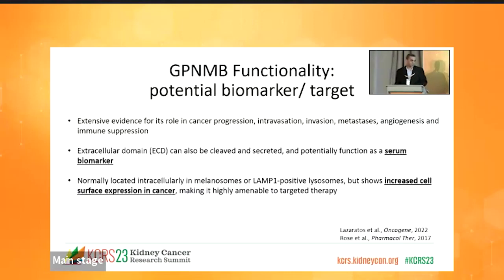There is extensive evidence for its role in tumor progression, both in a tumor-intrinsic manner, as well as via modulation of the tumor microenvironment. Its extracellular domain is known to be cleaved by metalloproteinases, and in this way it can modulate angiogenesis or immune function in the tumor microenvironment. It can also be secreted into the serum, where it can potentially serve as a soluble biomarker. It's normally located intracellularly, but in cancer it shows increased cell surface expression, making it highly amenable to targeted forms